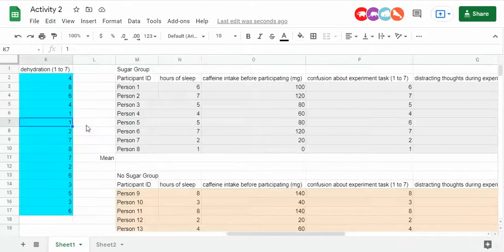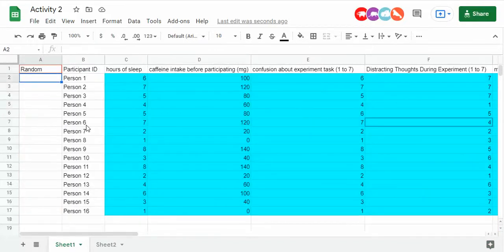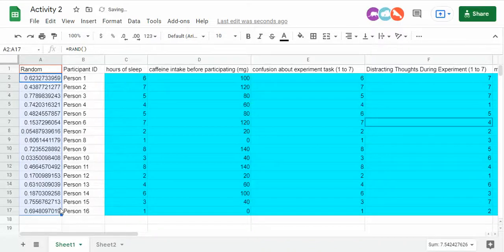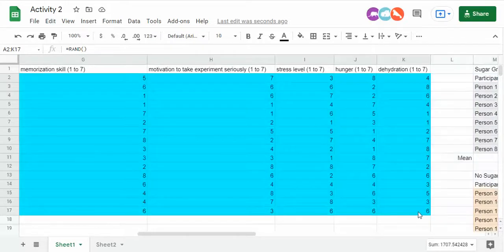So let's do that. Let's go over here, and here we just type in equals RAND like this, and press enter, and it'll give you a random number between 0 and 1. After that, hover above the bottom right like this, drag down, and each one will be a random number between 0 and 1. Once that's done, click on A2 right there and highlight everything over here to K17,